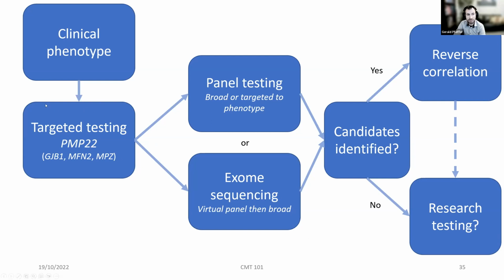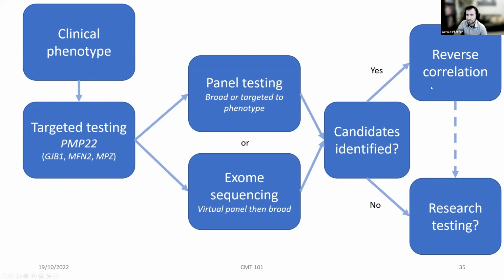We start out with targeted testing. And again, as I mentioned, these 4 genes make up already the vast majority of diagnosable cases. If that is negative, we will go to broader testing, which either includes these sequencing panels or exome sequencing, which sequences all of the genes. And if we identify genetic variants that look like they could be the cause of disease, then we go through